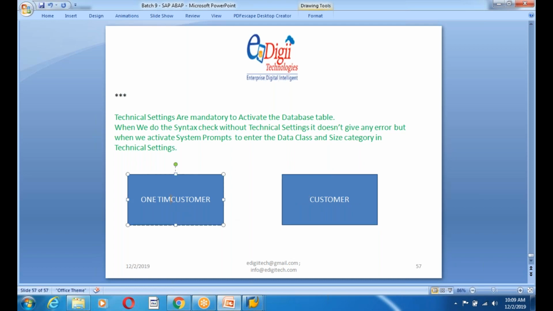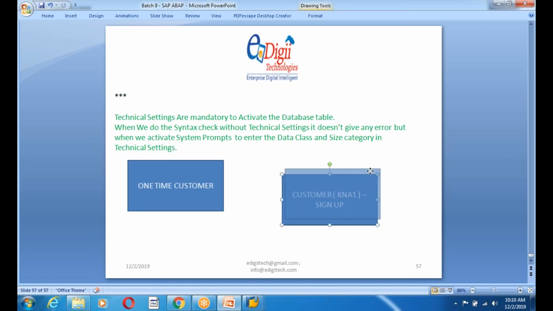So if it is a one-time customer, we don't store the data in the KNA1 table, guys. If you are a regular customer, when you do the sign up, only then can we create the customer master data in KNA1. So if it is a one-time customer, we don't store.